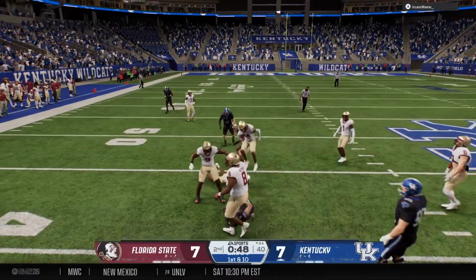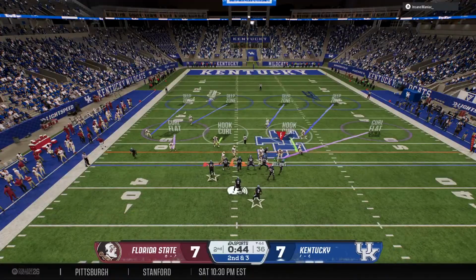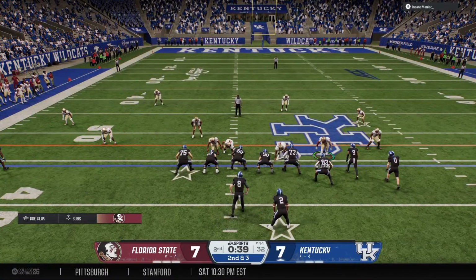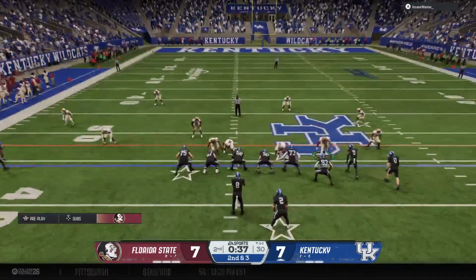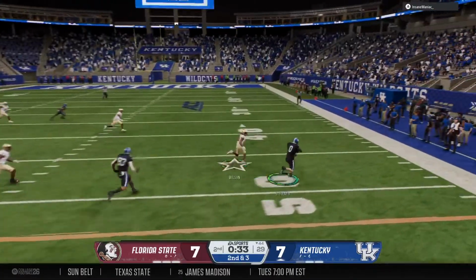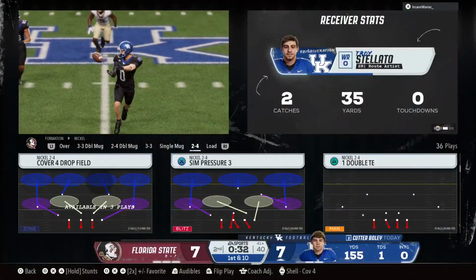Working that left side now. He's brought down quickly. Minimal gain there. Still a bit short of the first down. Quick tempo, no huddle offense. Second down, clock's running. Dropping back, it's Boley. Gets it out quickly. Good pickup there. They'll move the chains, and they're set up at the